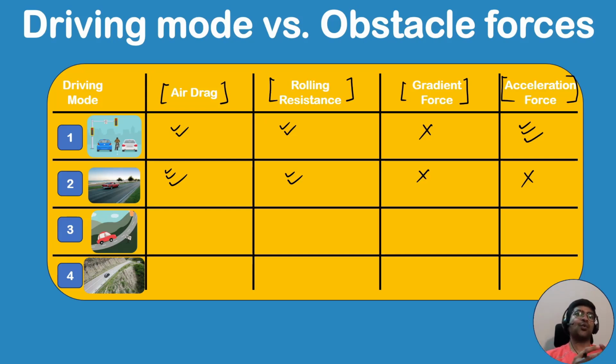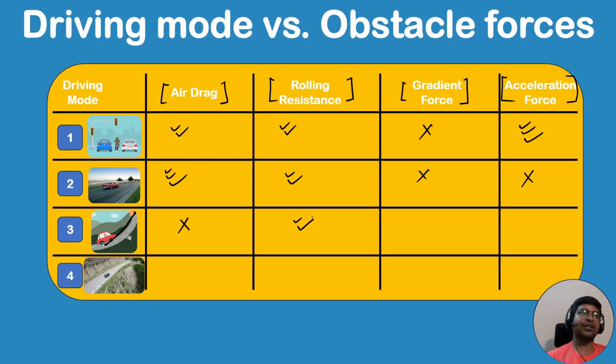Now the third driving mode, where the vehicle is trying to climb on a gradient road or hilly road. The typical requirement of this climbing is something like this. The length of the road is around 20 meters, and the vehicle has to start here at zero speed, and within 10 seconds it should reach the end of the inclined road. So the speed of the vehicle will be very low when it reaches here, and hence there will be very negligible drag force. Of course there is going to be the rolling resistance force here,